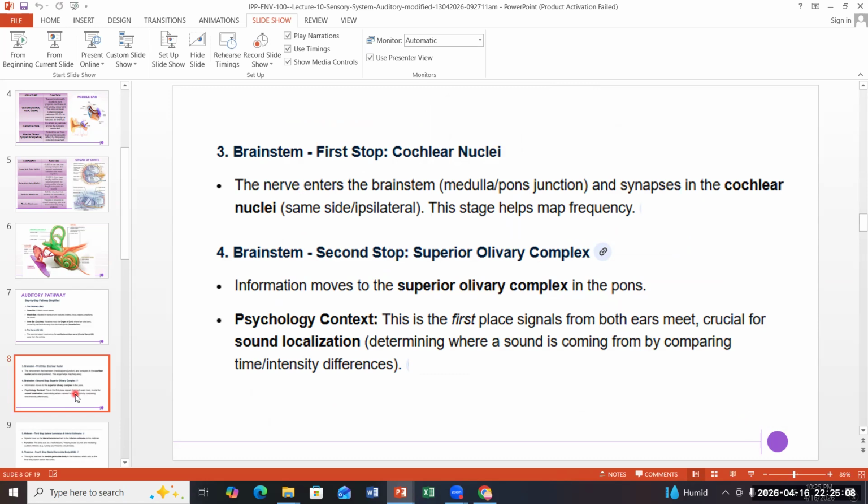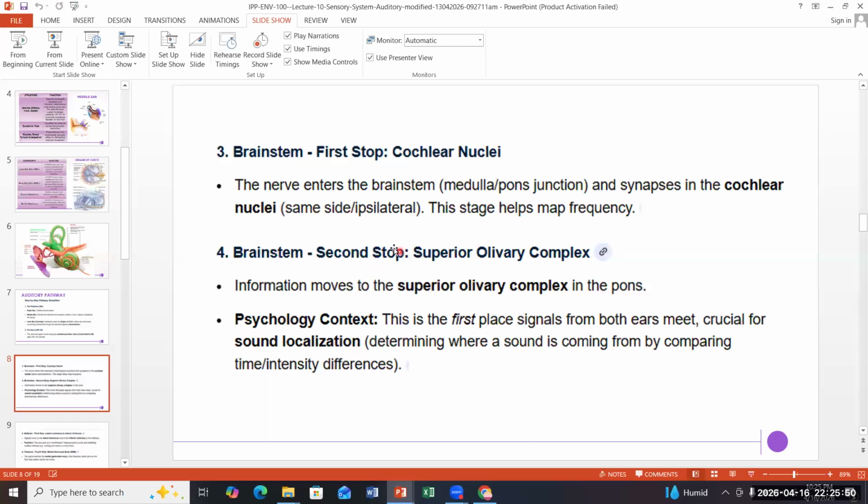Okay, after the midterm exam, we have developed our understanding about the different parts of the brain, and we know that the sound waves do not directly reach the brain. First, they pass to the brainstem. When I say the brainstem, you can think of the medulla oblongata, right? Within the brainstem region is the first stop, where there are special cochlear nuclei. This nerve enters the medulla-pons junction, and this allows the electrical impulse to reach the second stop.